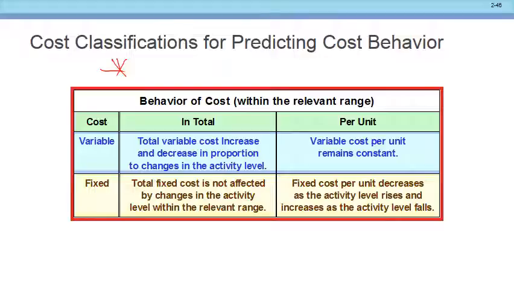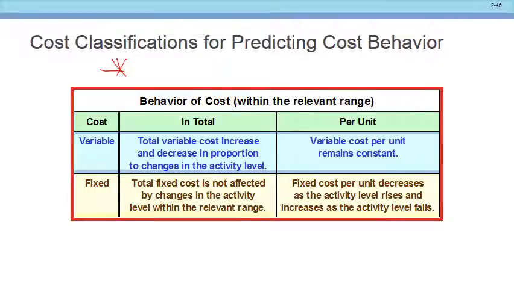Now, fixed cost is a mirror image of that. My fixed costs stay the same regardless of the level of production, don't they? If my fixed costs are 100,000 and I produce 1 unit, what are my fixed costs if I produce 2 units? 100,000 still, right? If I produce 2 units, my fixed cost will be how much? 100,000. By definition, they're fixed. They don't change with the level of production, right?